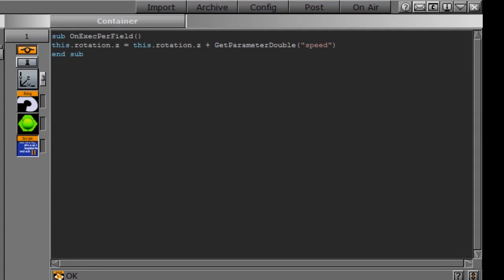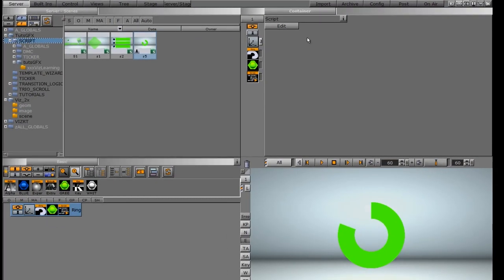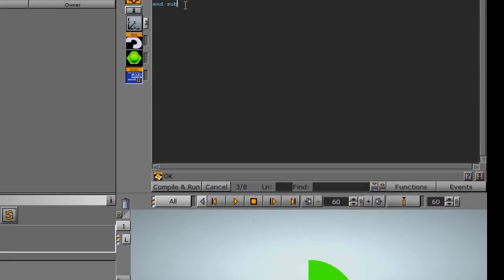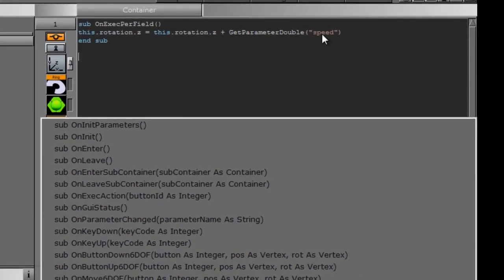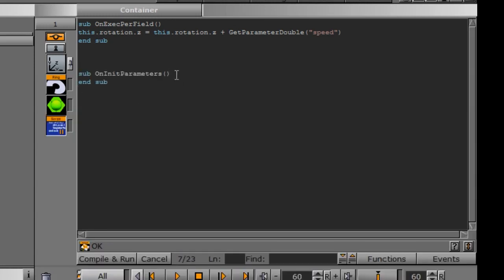And what we actually want to do is register this so that we have a little control option. If I just compile this right here, what we want to show up is a little bit of control to control the speed of the rotation here. So we're going to go back into our script and do that right now. So what we're going to do is create another event here. And since we get parameter double up here, I'm going to use this sub on init parameters. So I'm going to use this one and say we're going to register parameter